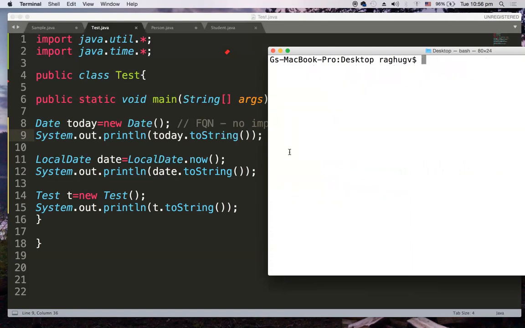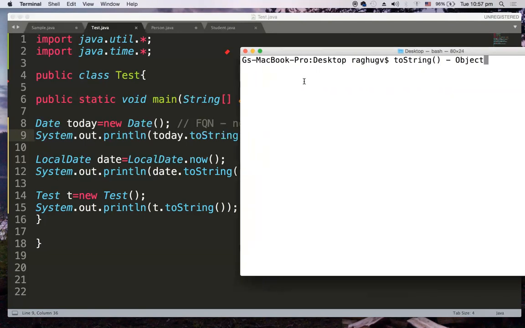Yes or no? Right? So here what is actually happening: in the Date class and in the LocalDate class, we are getting the date straight away, but here for Test t, we are not getting any other information except the string represented hash code. The reason here is the toString method, which is actually from the Object class, got overridden.